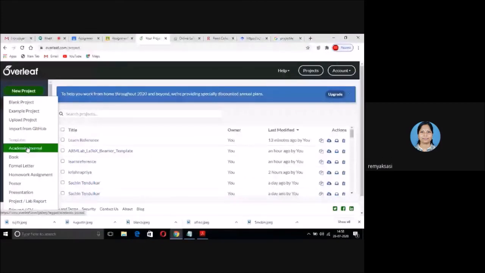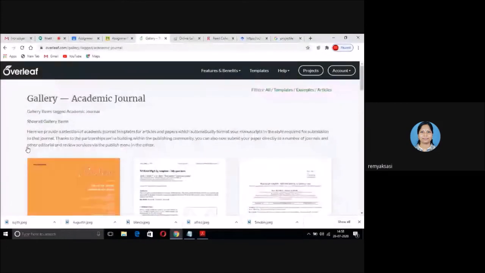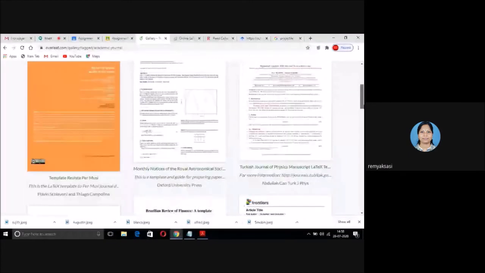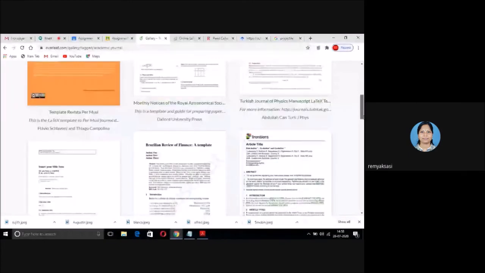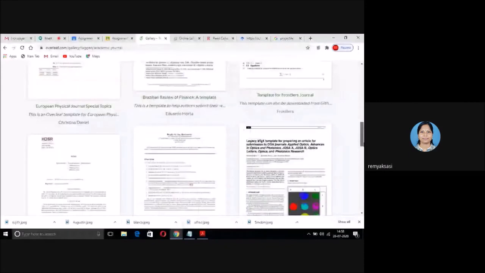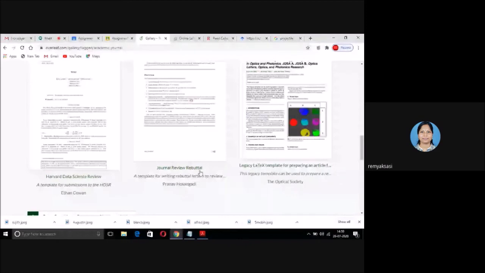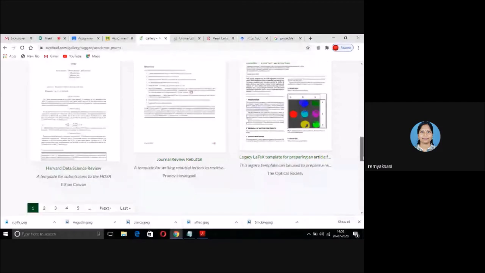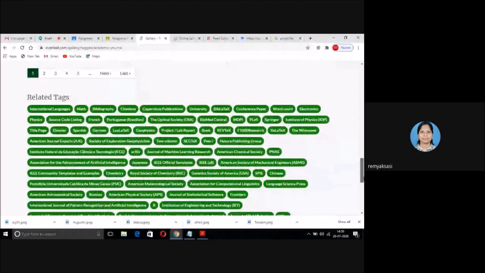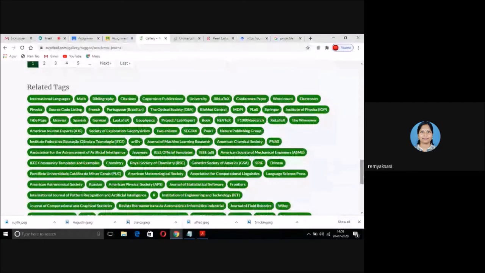This is the gallery of academic journal templates, uploaded by different people. IEEE journal templates are available, journal review, rebuttal, Harvard Data Science Review. Since a number of journal templates are available, it is not required to keep everything with you. It is easily available in Overleaf itself.